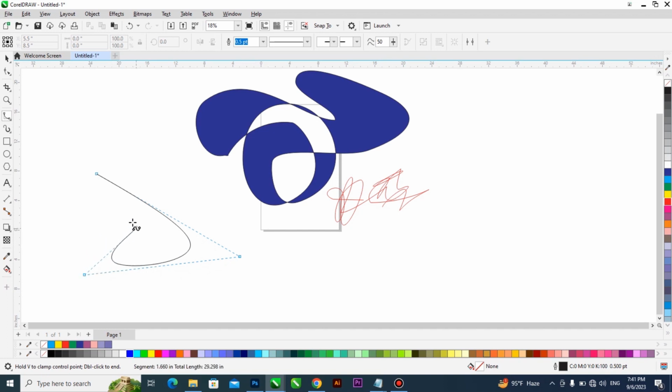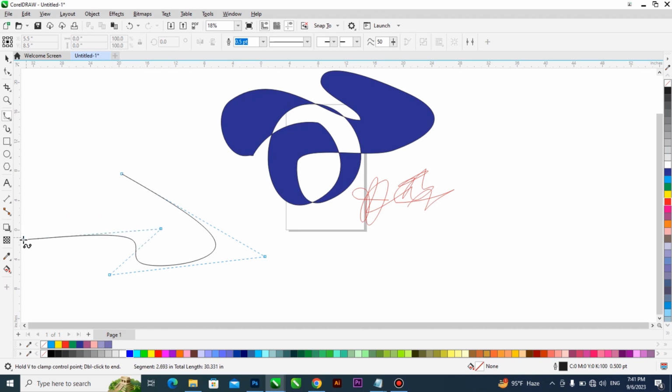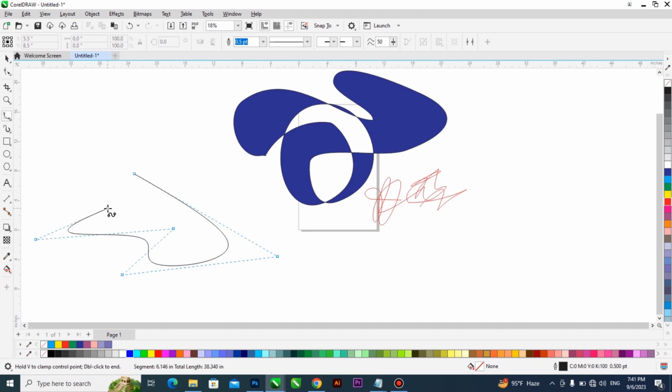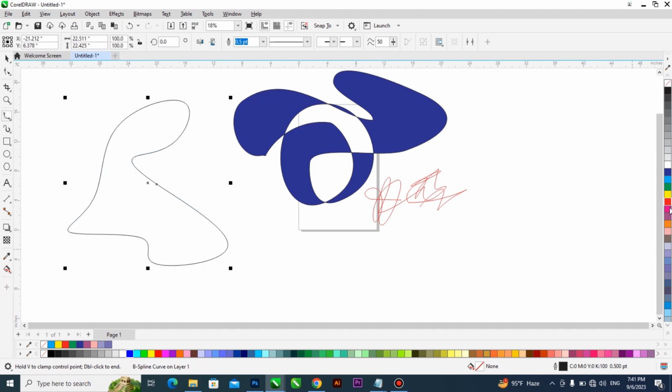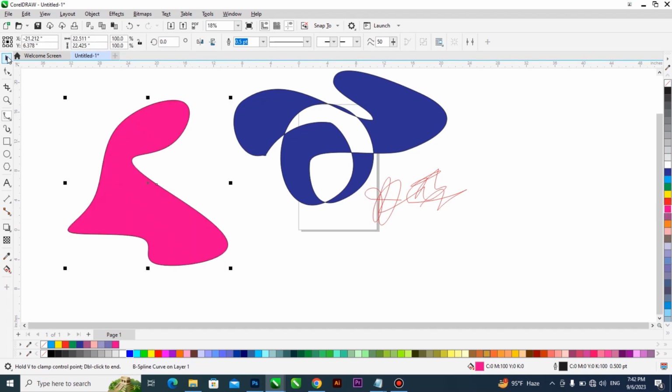Once I click again, it will be forming a curve, right? So like that, like that, like that. And once I drop, okay, now it has formed a shape. So meaning that